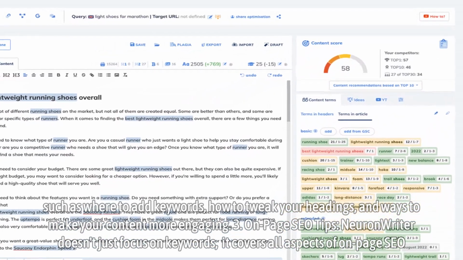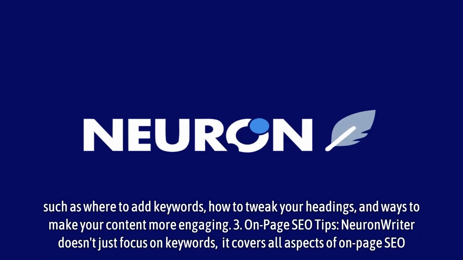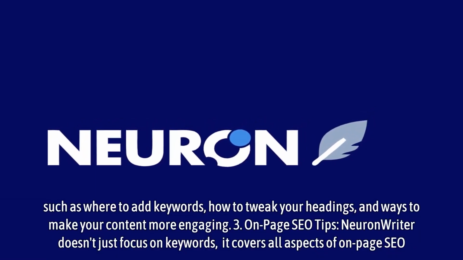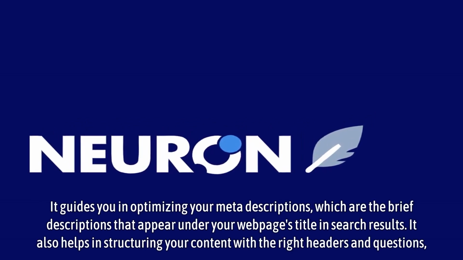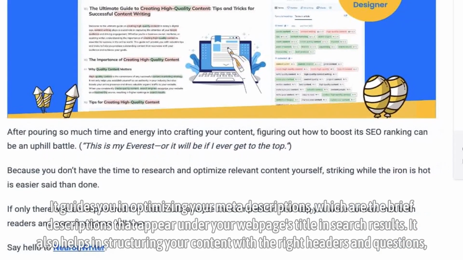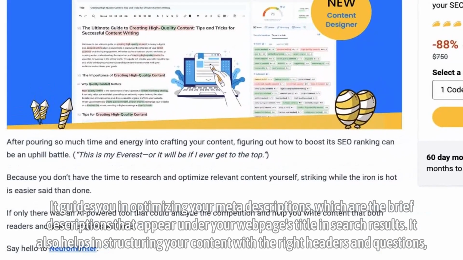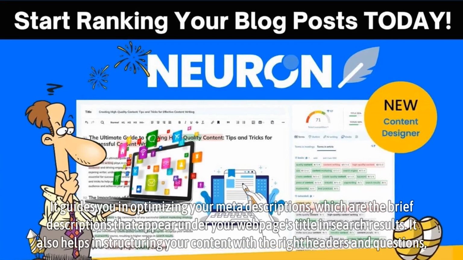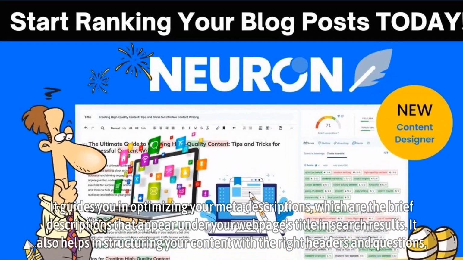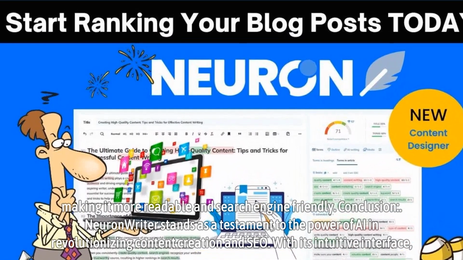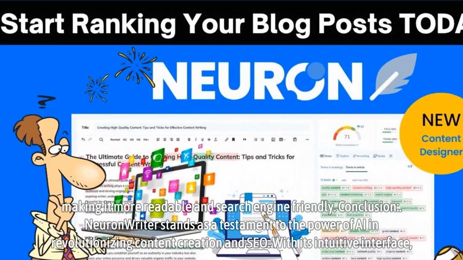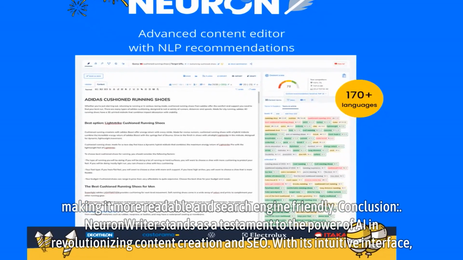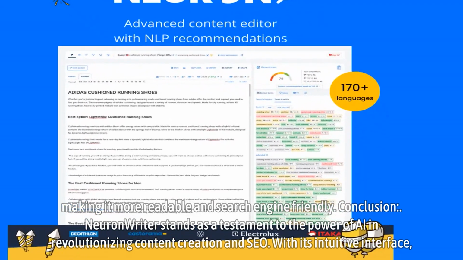3. On-page SEO tips. NeuronWriter doesn't just focus on keywords, it covers all aspects of on-page SEO. It guides you in optimizing your meta descriptions, which are the brief descriptions that appear under your web page's title in search results. It also helps in structuring your content with the right headers and questions, making it more readable and search engine friendly. Conclusion: NeuronWriter stands as a testament to the power of AI in revolutionizing content creation and